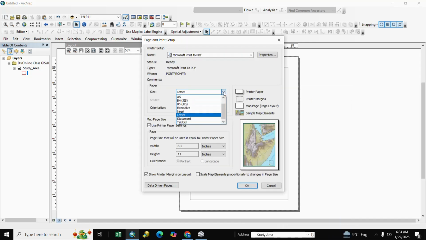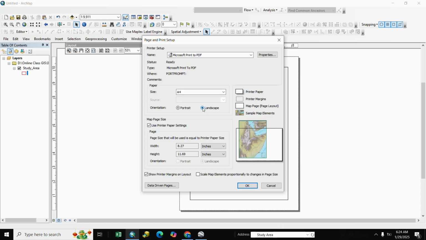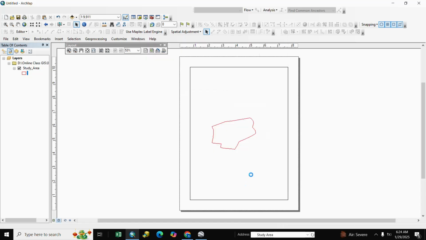You select here as per your requirement, A3 size. A3 size, A4 size, A5 size, depending on your need. And you also select landscape as per your requirement. So we select here A4 and landscape and OK.